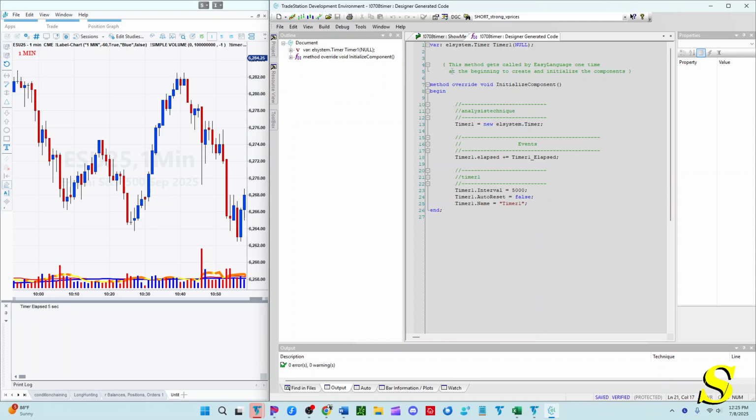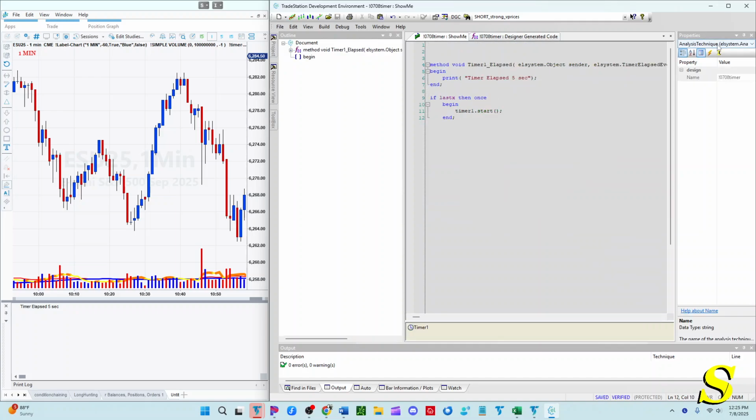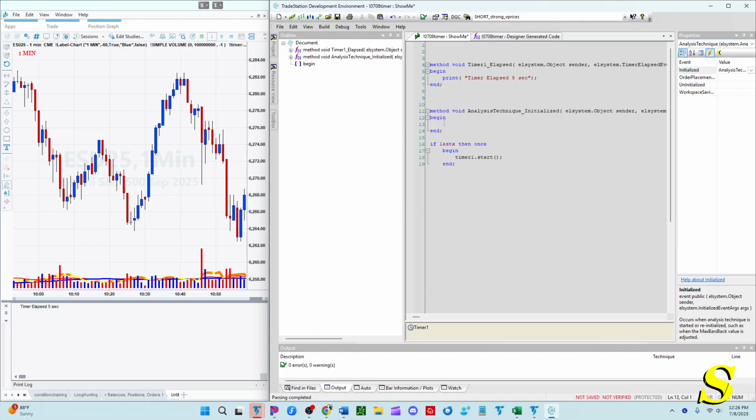It gets called by EasyLanguage one time at the beginning to create and initialize the components. As far as I can tell, it is called even before the initialization event. So here, if you go to properties, the analysis technique for the chart, you can click that, and then you can go to events. So when the chart is initialized, when the analysis technique is brought onto the chart, you could say something like